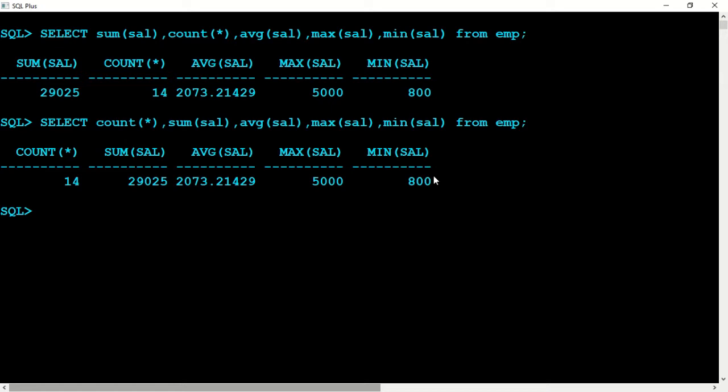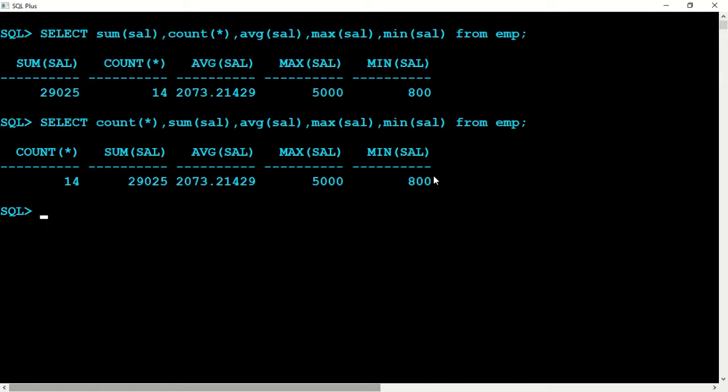Say there are many departments, say department 10, we have department 20, we have department 30. Any number of departments, I want department wise salary, that is sum of the salary, number of persons working in it, and average salary and max salary and minimum salary. This we can achieve one by one by using the where clause. Say where department number 10 and press enter. In that case it will show you for department number 10. But what I need is that in one shot